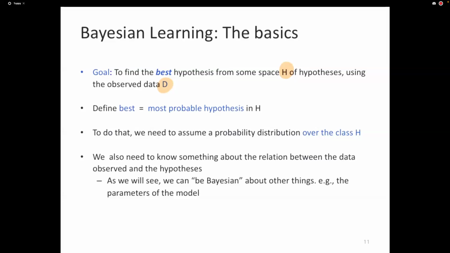Or you can be Bayesian about hyperparameters. Any unknown that you want to estimate, you can be Bayesian about that. By that, I mean you can assume that it's a random variable that's conditioned on other things that are known. And then you can use Bayes' rule to help you massage that conditional distribution into something that